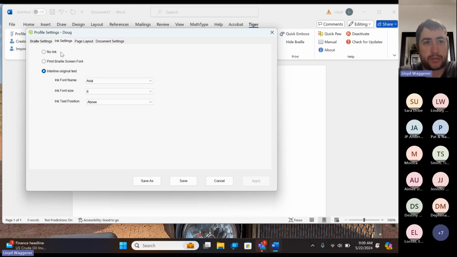While you guys are chatting that, we have the ink settings here, and you can select no ink or interline original text, the 2 most common. Selecting no ink is great if you have an embosser that doesn't have ink, because the translation will go a lot faster. But if you do have ink, or have a machine that you would like to print ink on,